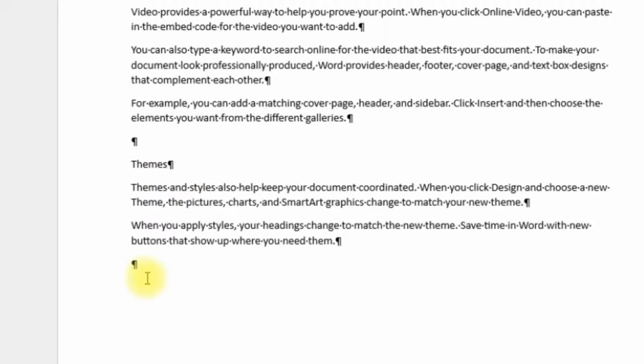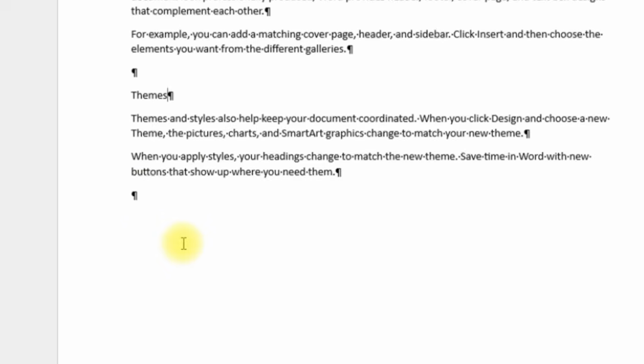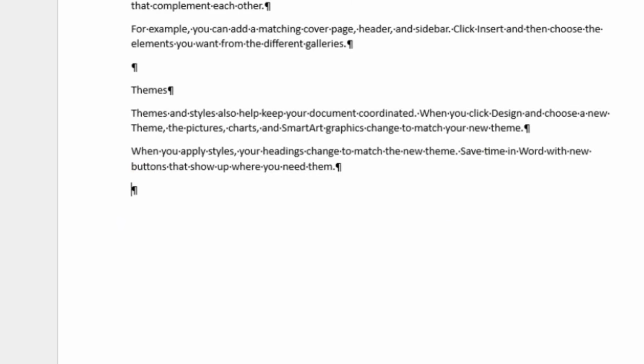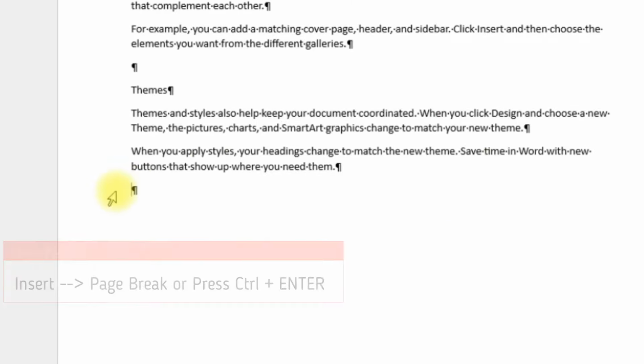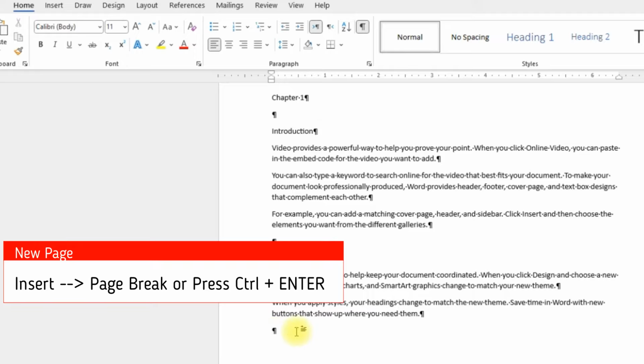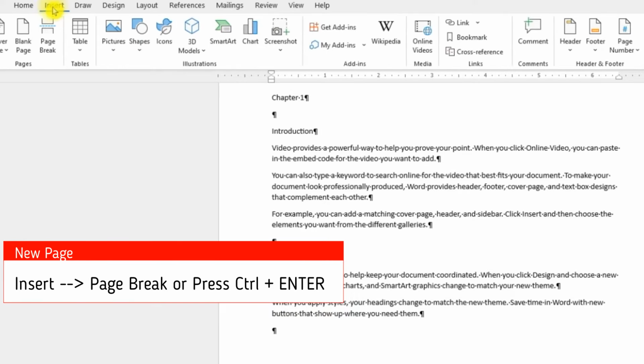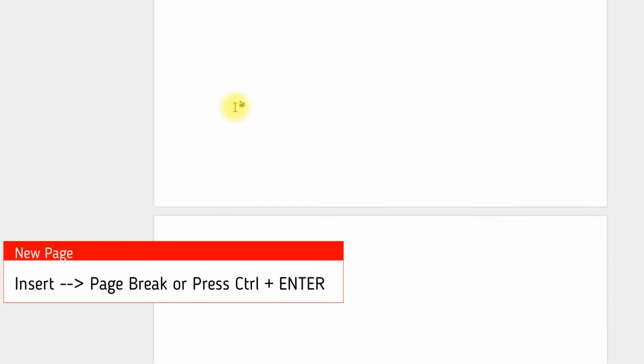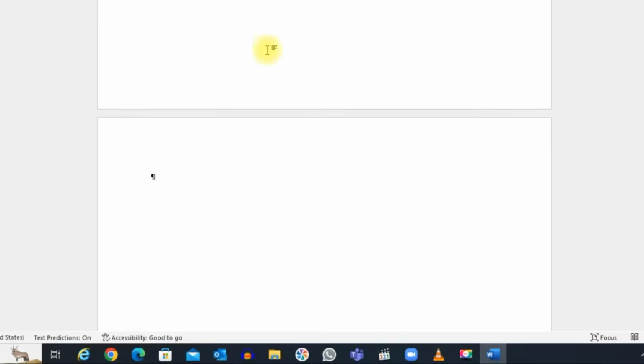Okay, now let me create another page as my second chapter, and again, to create a new page, go to where you want to have a page break, click on insert, and within insert you have page break,